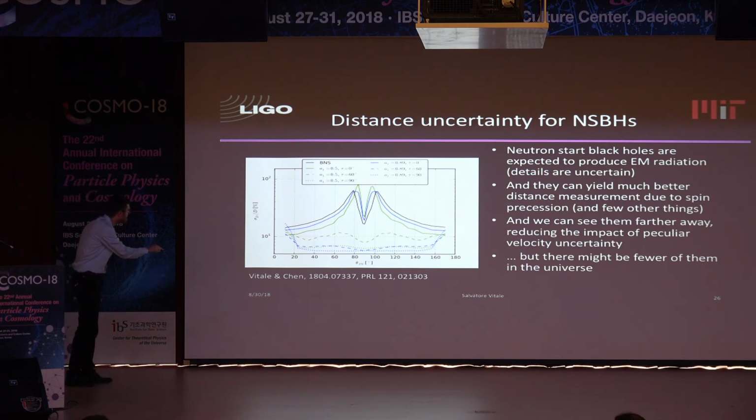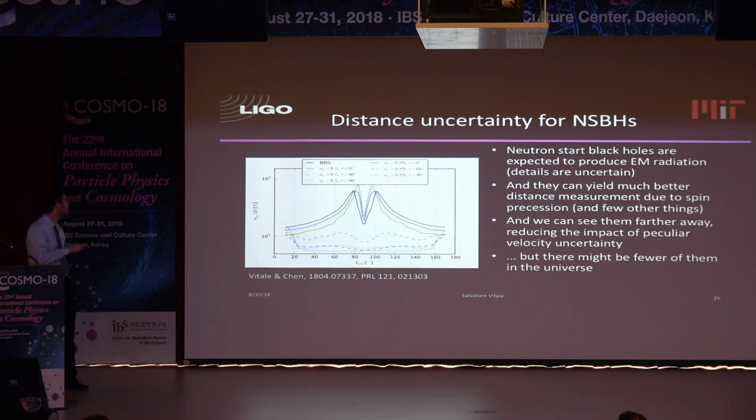And you can see that your distance uncertainty once you have a neutron star black hole is typically a factor of few to many better than what you would get with a neutron star binary with equivalent signal-to-noise ratio. So this numerically makes the point I made conceptually. A neutron star black hole will give you a better distance uncertainty and hence a better Hubble constant constraint than a neutron star binary. And I can see them further away, which is also nice because if they are farther away, the Hubble flow velocity there is larger, so the uncertainty in the peculiar velocity matters percentually less. So it's also very nice. So this is all good.